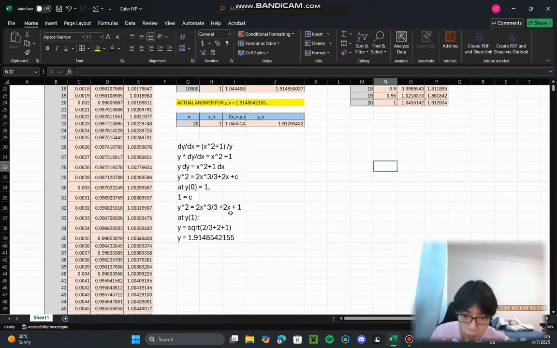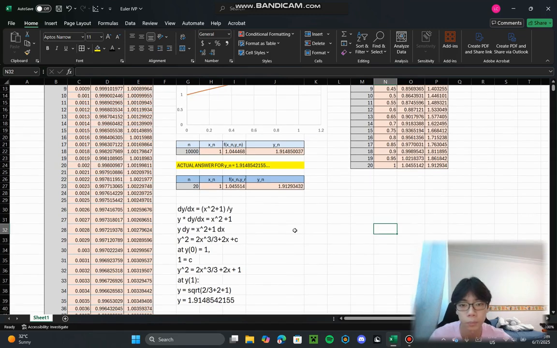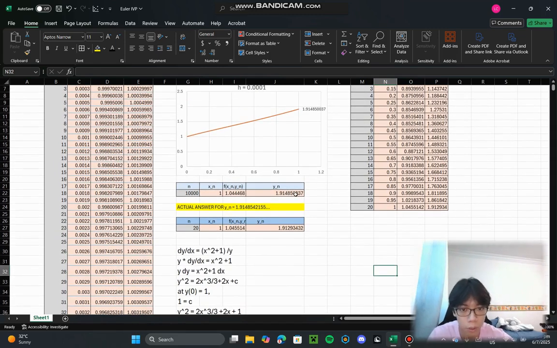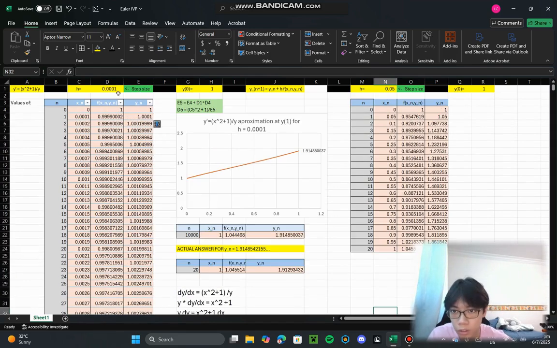So at y1, we are subbing in x equals 1 on both sides. And then we square root both sides to isolate y. So y equals the square root of 2 over 3 plus 2 plus 1, which is 1.9148542. So here we can see that when our step size is smaller, at 0.0001,